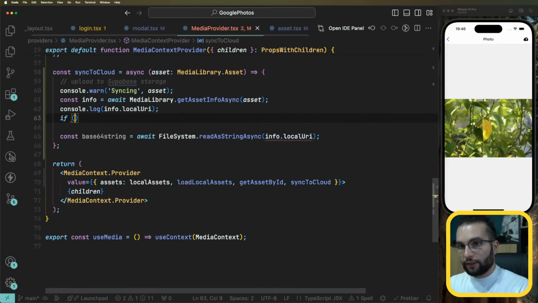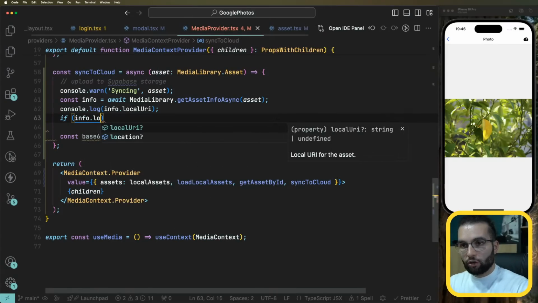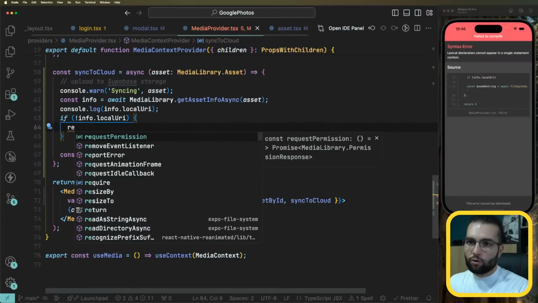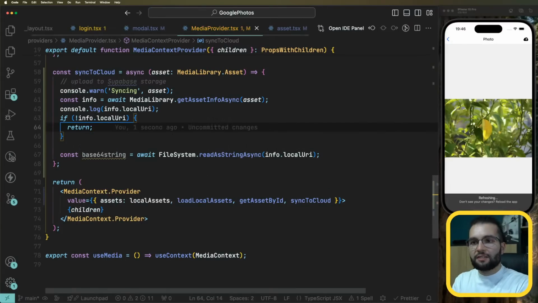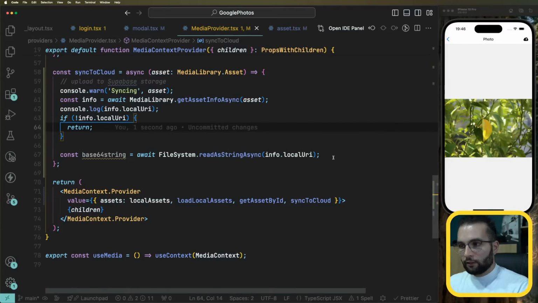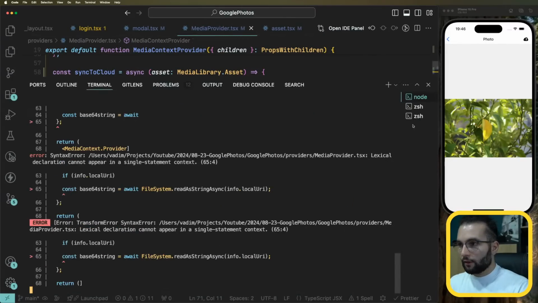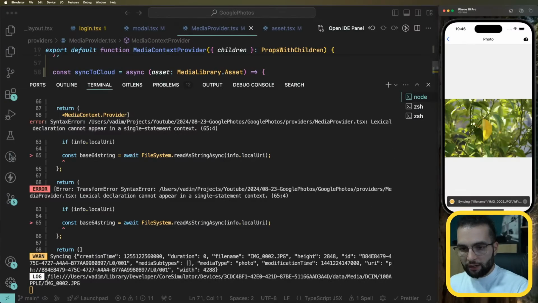Well, if info dot local URI is undefined, let's stop here because something is wrong with that file. Now let's go ahead and do a console log base64 string. If I look in the logs and press on this button, after a bit of time, we are supposed to see something,